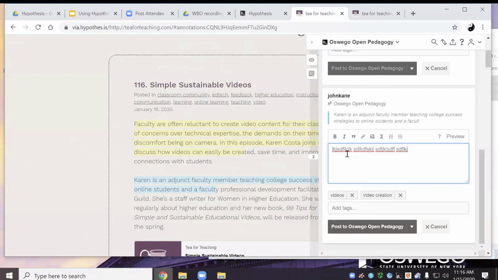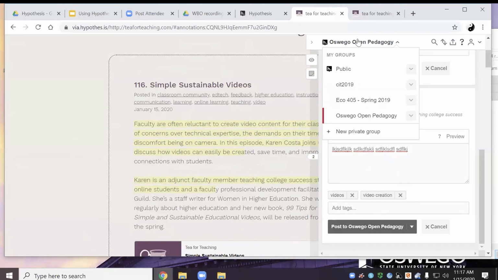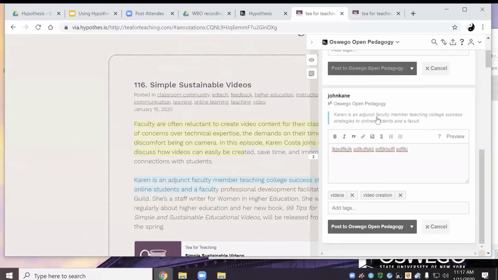And if you have students annotate documents, when you go to the class group, you'll be able to see each annotation from each user, as well as a list of all the tags that they're using. So you could click on the tags and see which specific students posted things in that or provided annotations. And you could do it by user, or you could do it by the tags to see what's out there. And then you could click on the links and it would take you back to that document. So for example, if I go back over to the Open Pedagogy group here, let's see,